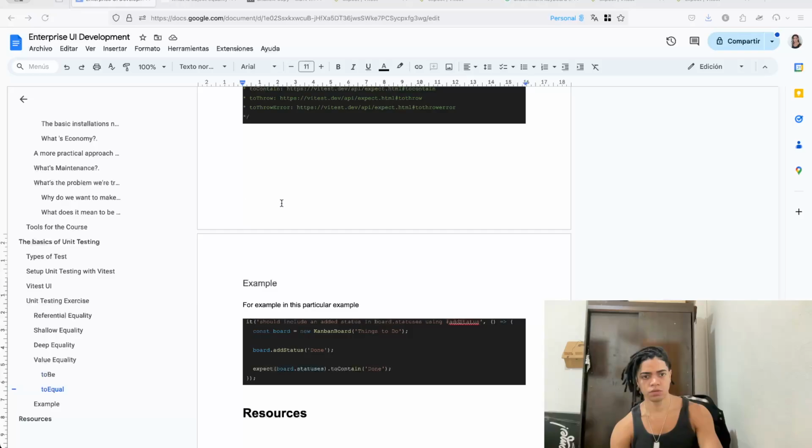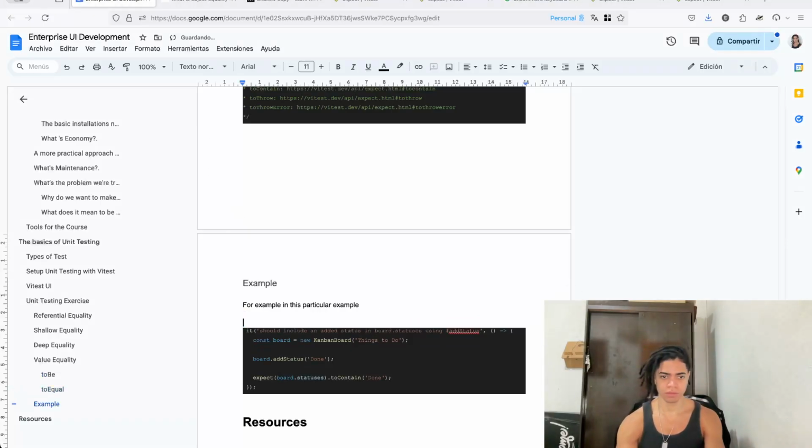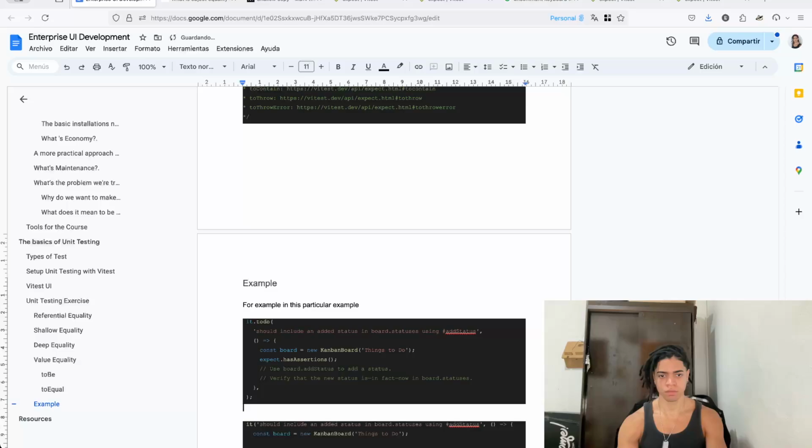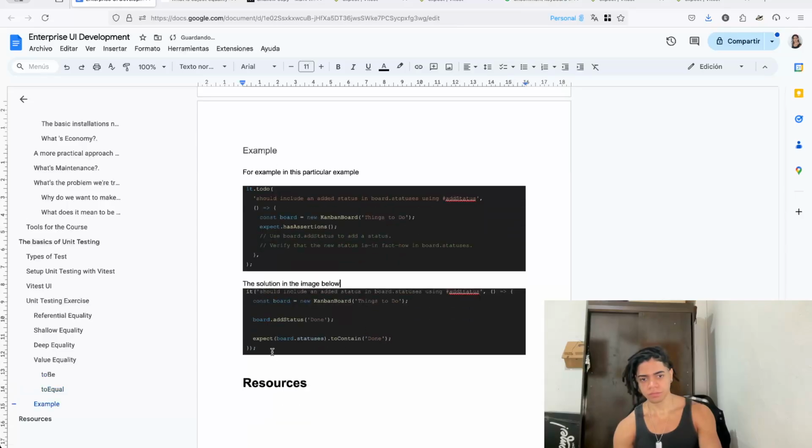So this is the solution, like below. In the image below, which is here,